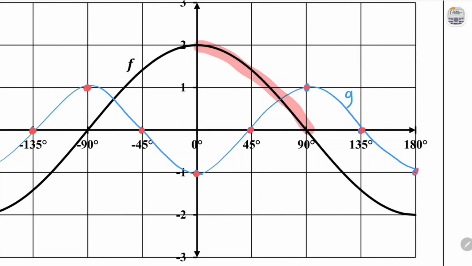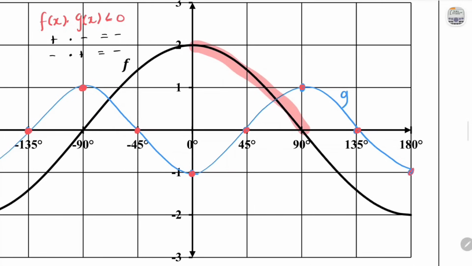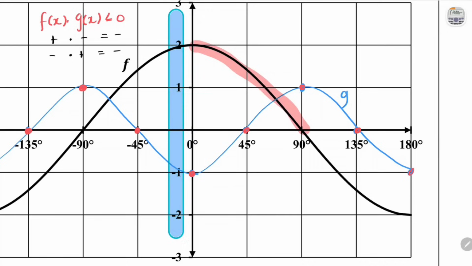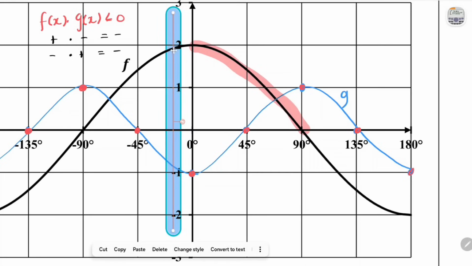So for the same x values, the graph of g should have negative y values. Okay, so I've also just put this here so we can keep track of that. One of the ways that you can deal with this is by using a vertical line or your ruler. You can scan through this, because with the ruler, it's going to capture it for the